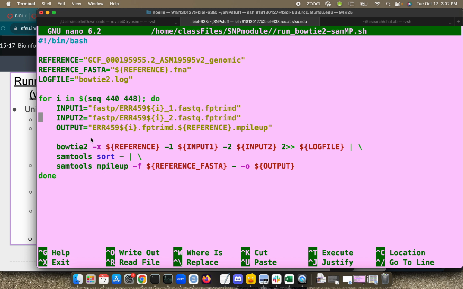So for each of these runs, for each of these numbers in this range, it plugs in those numbers, finds these files, and sticks those file names as input into this command. And this is exactly kind of the structure that we were running on the command line, but just with these variables. So the way to then run this command